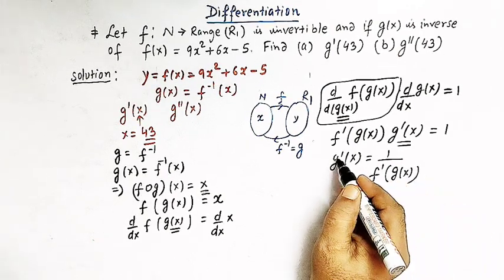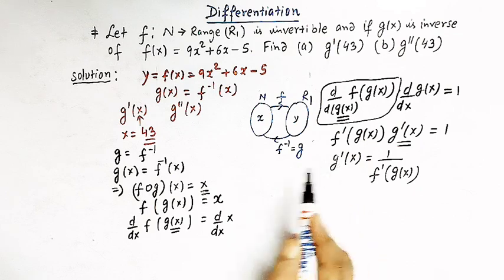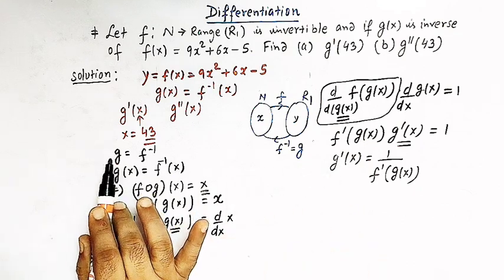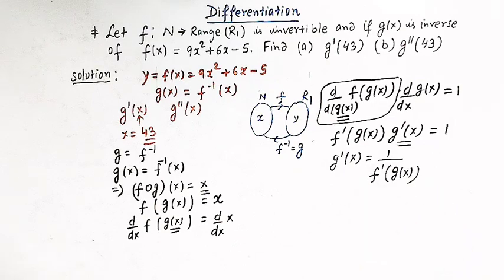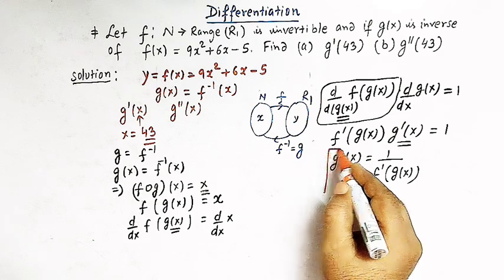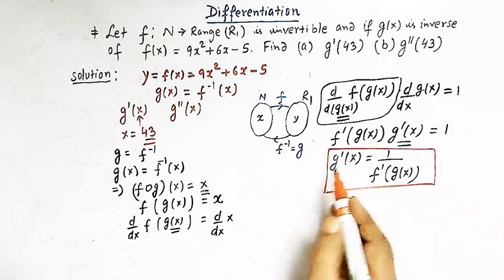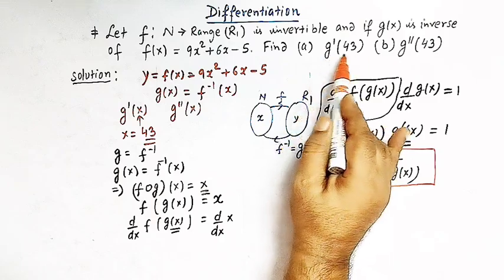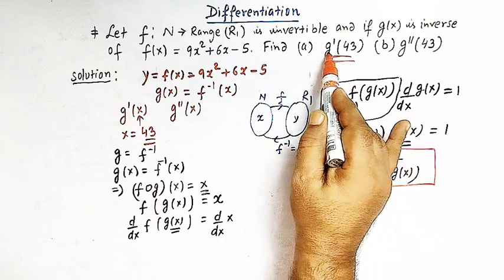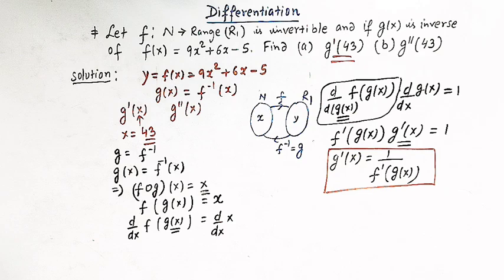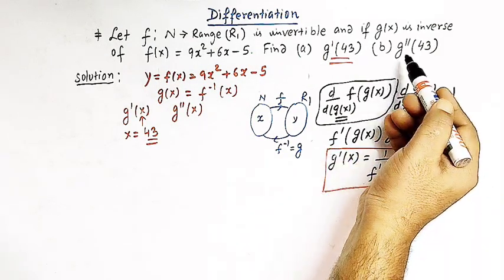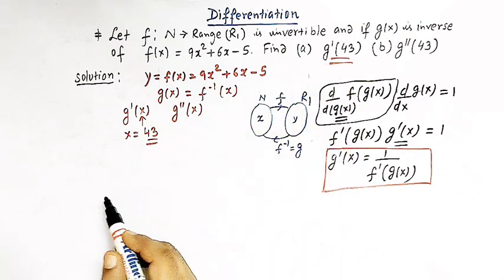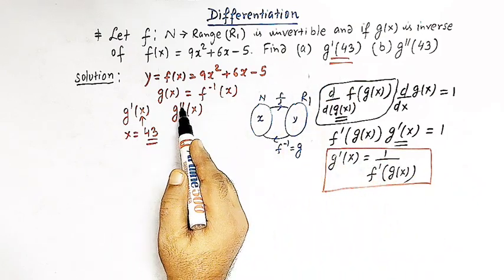So the expression for the derivative of the inverse function, that is g of x, is given by g prime of x is equal to 1 over f prime of g of x. Right, so we can use this expression to find out the value of this expression, that is g prime of 43. So now to derive the expression for the second derivative of g of x, that is g double prime of